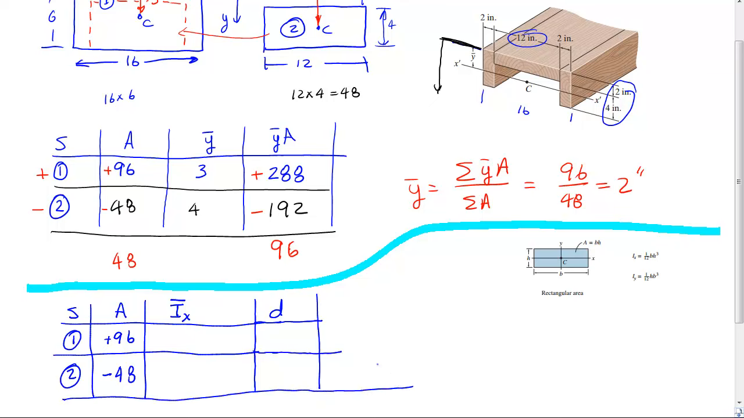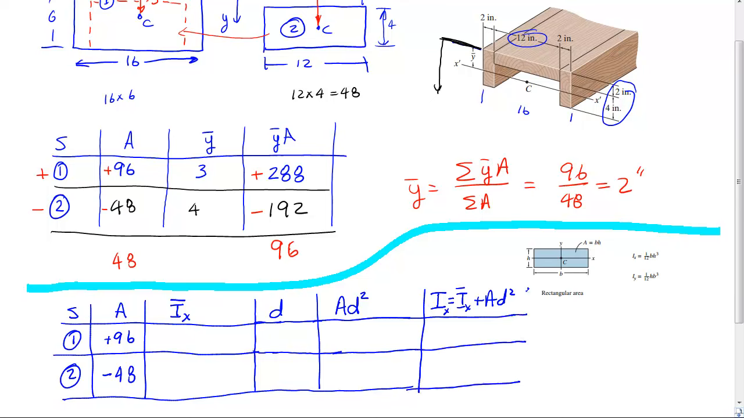Then I will put the area times the distance squared. And finally, I will put I, and then I'll say I bar, I'll just say IX, I bar X plus A D squared. So I'll put the equation right there to remind us what we are doing. So now,